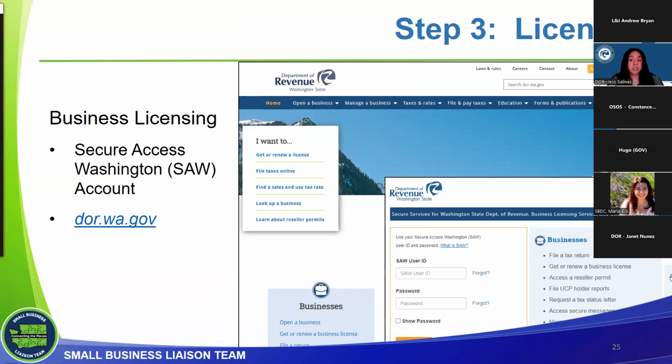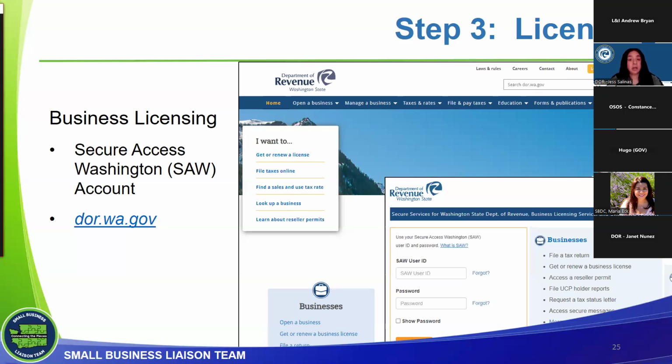We encourage you to submit your business license application online. Online applications take up to 10 business days to process, and paper applications can take up to 6 weeks once received by our agency. Before engaging in any business activity, you must have an active business license. If you're an LLC or corporation, you must file your business license application after registering with the Secretary of State. All other ownership structures do not require registration with the Secretary of State. The processing fee for a new business license is $50, and additional fees will vary based on the city or state endorsements. You can view the various fees on our website,